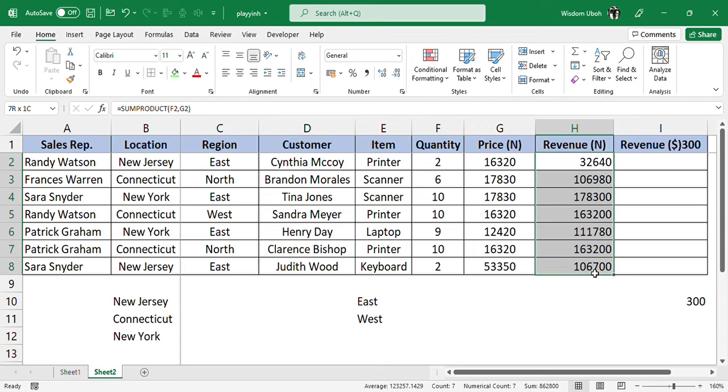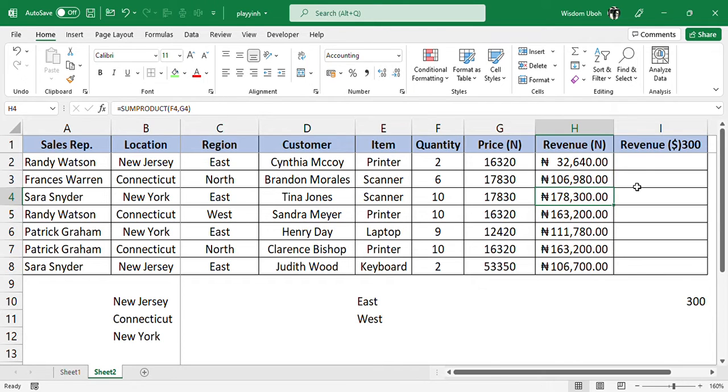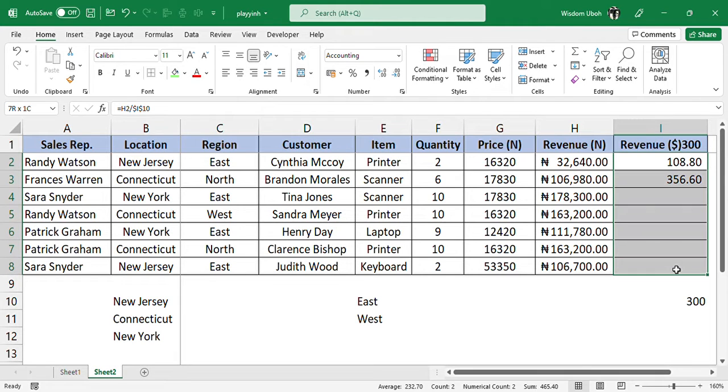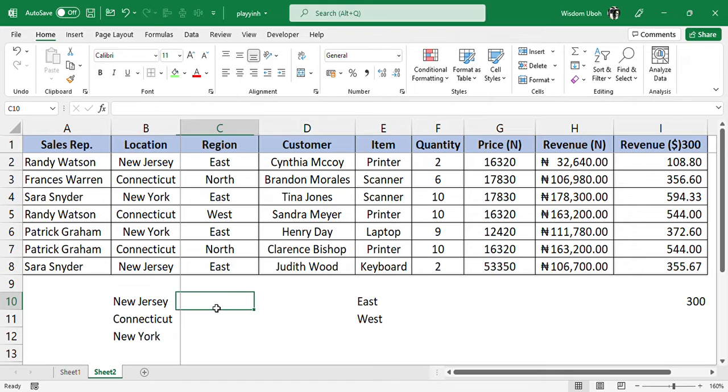Because this is the revenue. So to calculate the revenue in dollar equivalent is this divided by this 300. So Ctrl D, you can use Ctrl D or just select everything and press Ctrl D. So this is the monetary value. So now let's calculate the sum of revenue by region. So we are using the